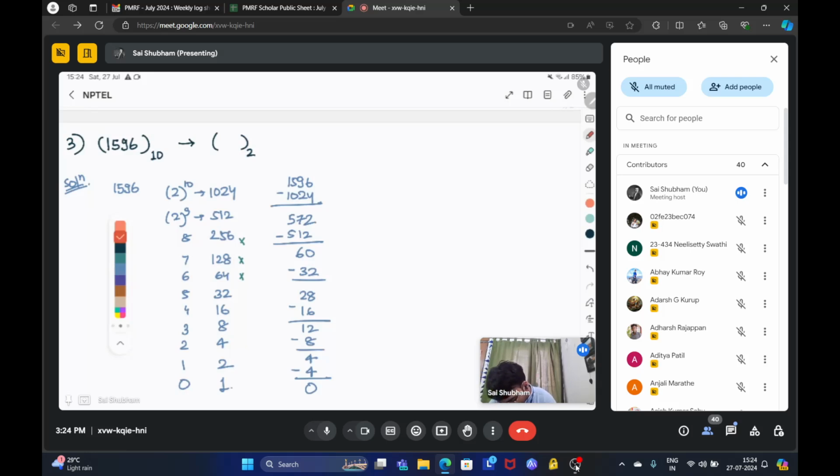Since you subtracted 1024, you have this. You also subtracted 512. Then you have 32. Then you have 16. Then you have 8. Then you have 4. And you could not subtract 2 and 1, so it will be 0. So the answer is,